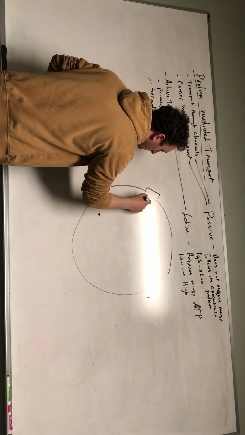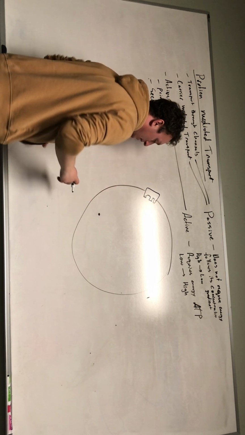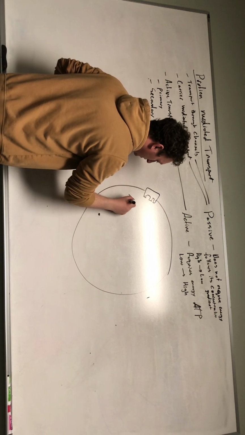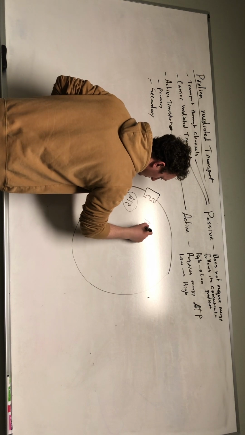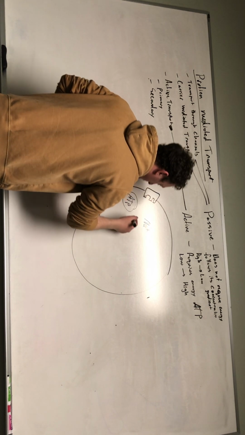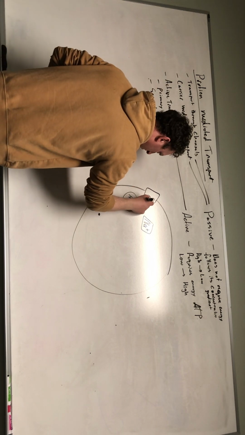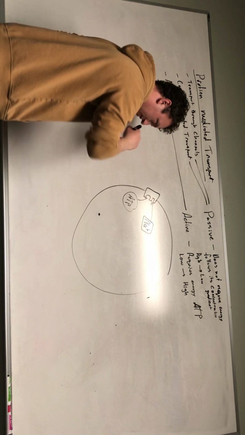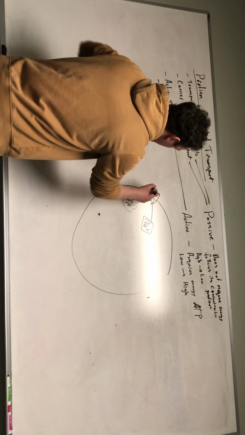Let's say we just have a little protein here, and we've got ATP and a sodium, so it's going to be specifically for sodium. You're going to need ATP to go in and bind to that, and also sodium to bind to that before it will push the sodium out